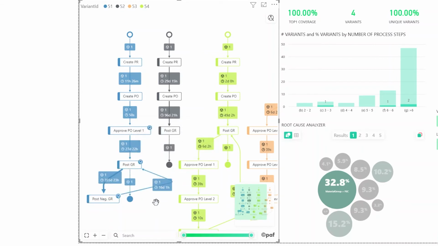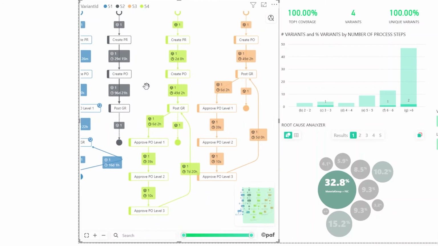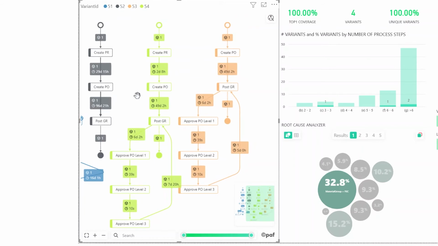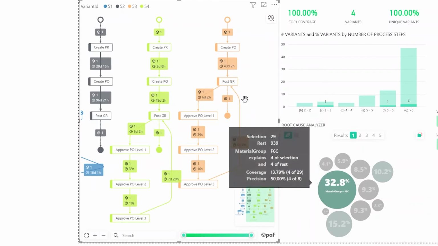The next 2 variants are interesting because here we see again a compliance issue. But we have seen this on our segregation of duties analysis page already. I see that the approvals happened again after post goods received. These variants only differ because there is a create purchase requisition in one, whereas the other one starts directly with the creation of the purchase order. But as I said, after the goods received was posted, the approvals followed, and then we look back to post goods received. This is something that we really don't want in terms of